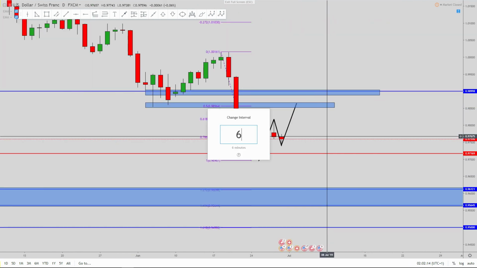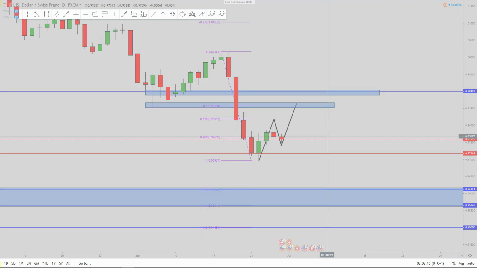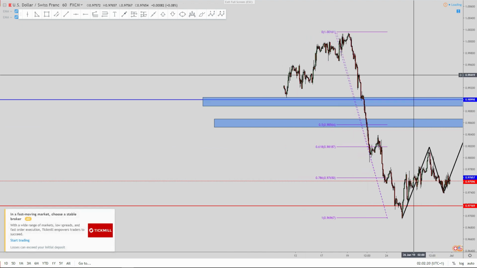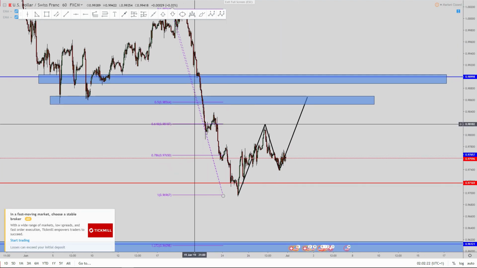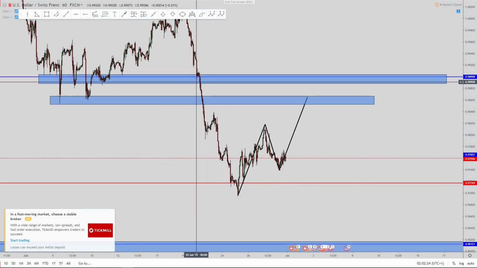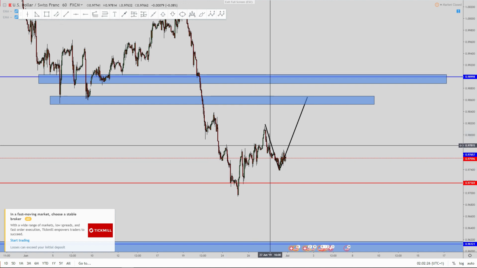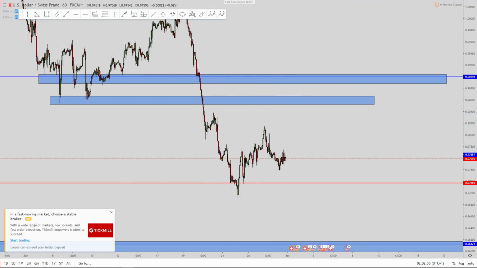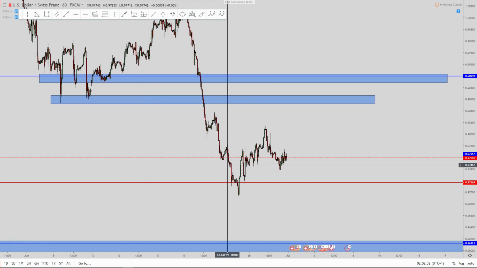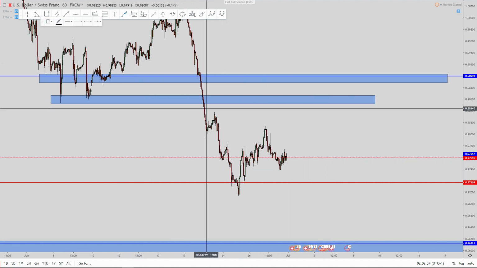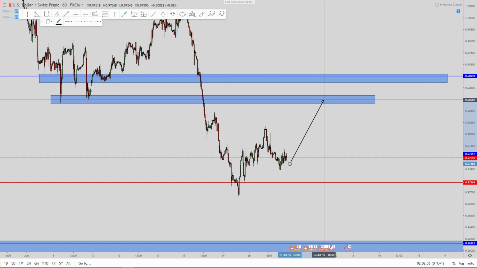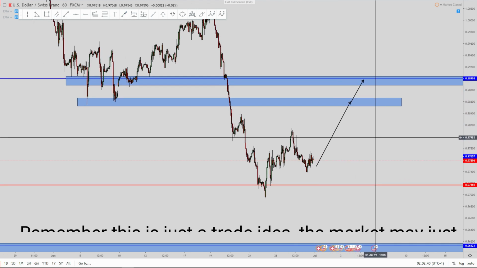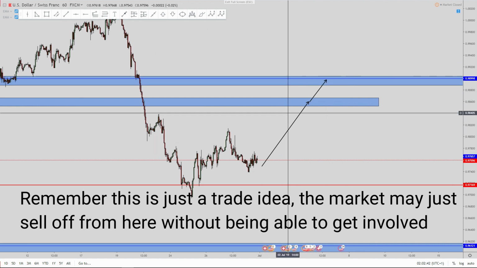So back down to the 60, let's delete these for a moment. So once we get back up, if we get back up and push back up into one of these levels, what am I looking for once the market gets there? Well,